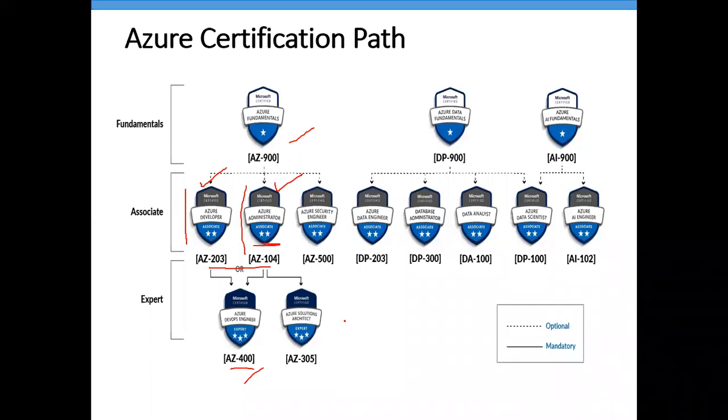So you say 104 is mandatory for this? Mandatory, it's a good option to switch a career. If you have any other career, then for those people, administrator is one of the best options. For network engineering specifically, after doing 104, for networking people, yes, they'll come to Azure administrator.